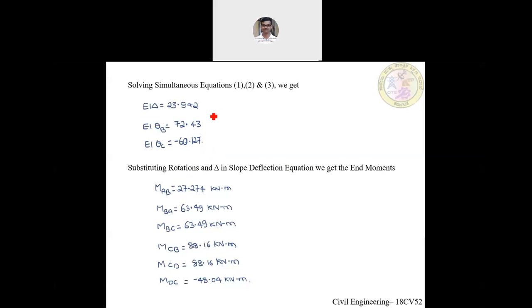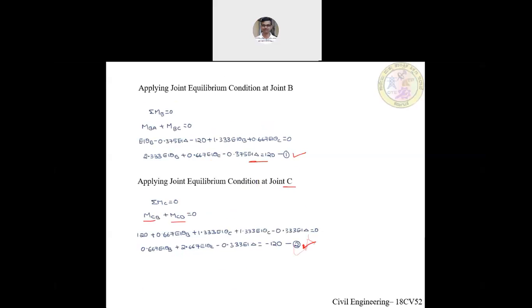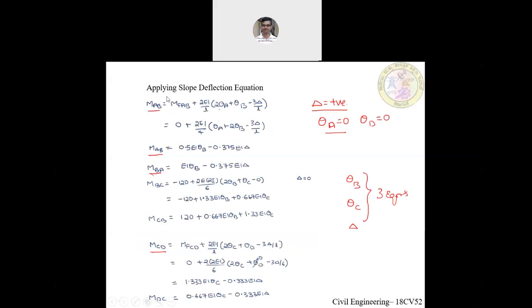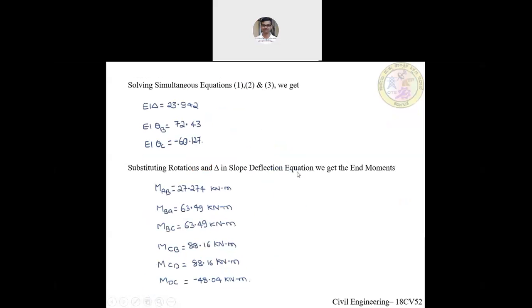Once I know these rotations, I will be in a position to substitute those values of theta B, theta C and delta in the slope deflection equations. We will be in a position to get the values of MAB, MBA, MBC, MCB, MCD and MDC. All the end moments can be calculated by knowing these values of EI theta B, EI delta and EI theta C. So on substitution, we'll get the end moments as MAB is equal to